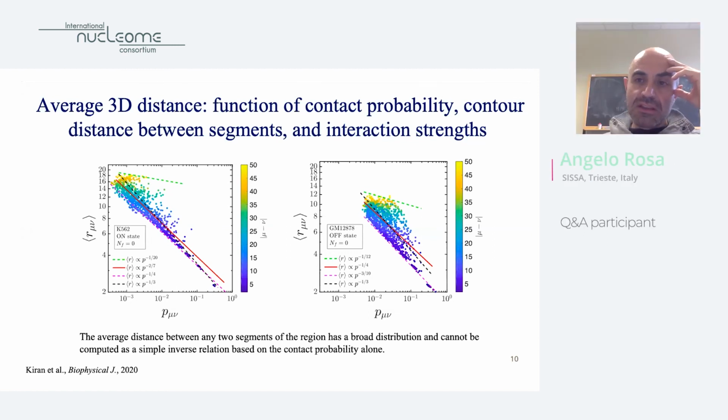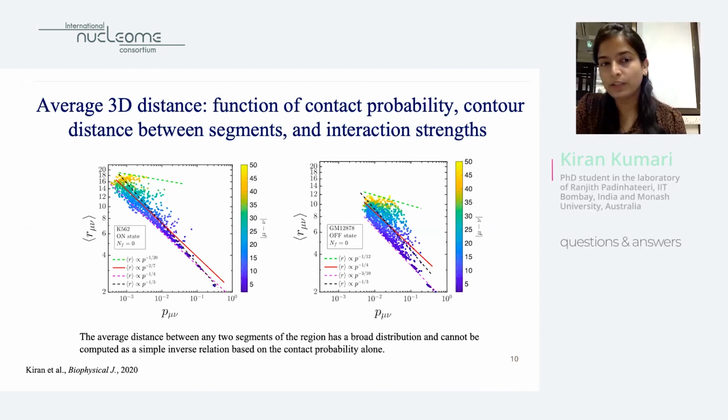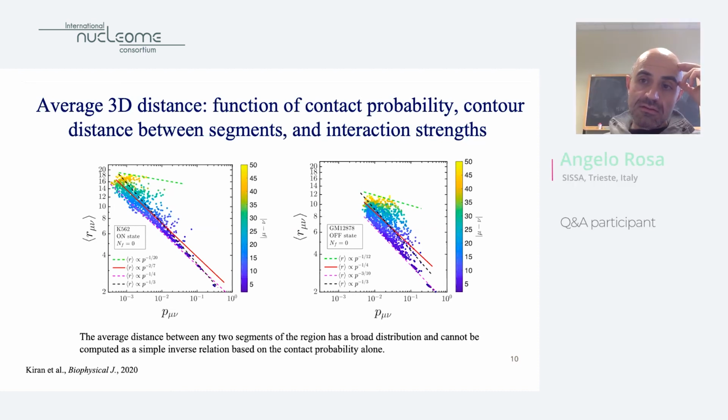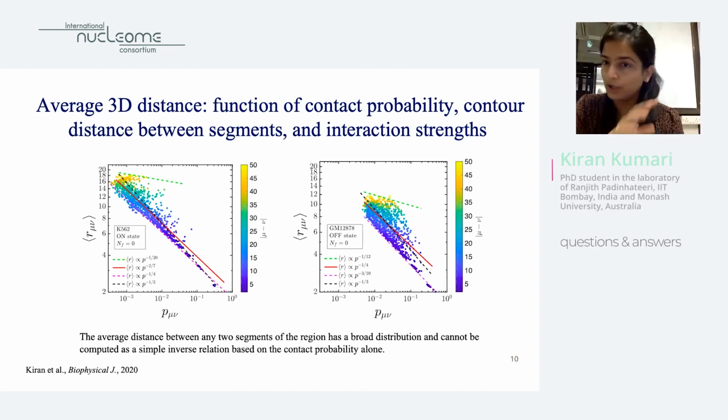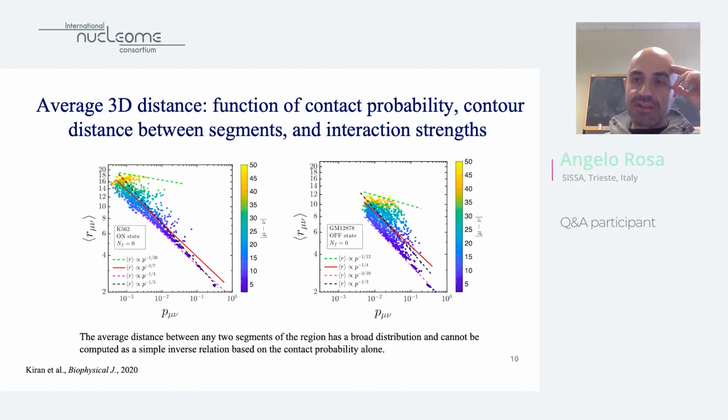So basically, you are fitting your model to the data until you find the best match, right? Yes. How many parameters do you have there? I have only one parameter which I tune, which is the interaction strength, the well depth. Only one? The well depth of the potential, which is different for all the bead pairs. So you have the whole set, n, let's say.